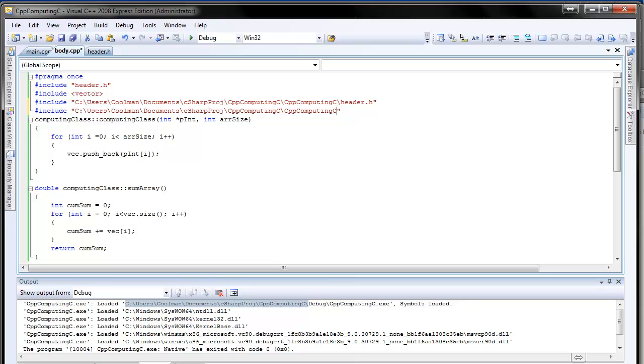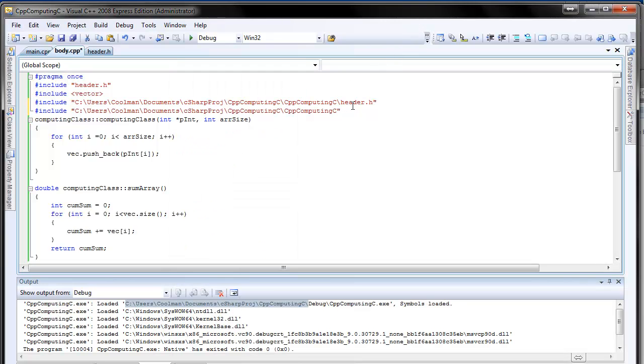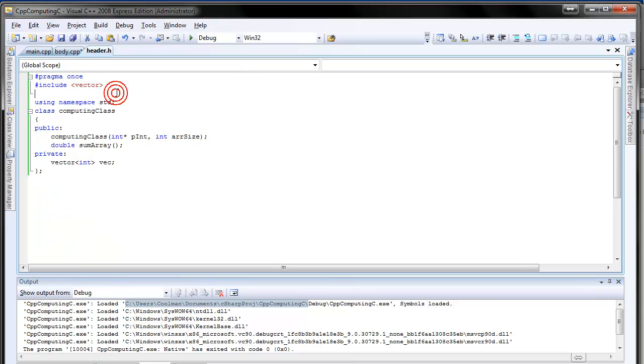Oh, not this guy. It's body .cpp. Okay, and also put those guys into the header,